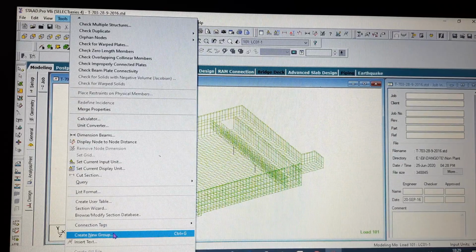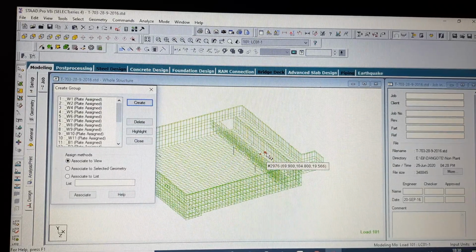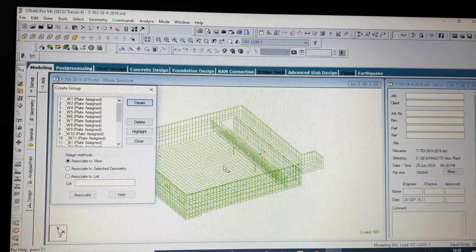Create a new group. This is a very useful functionality in case of your plate model structure, and in case of any structure. Say you have modeled some skewed or inclined members, and you want to put some loads, add some property to those members, or see the results for particularly those members. What you can do is create those members in a group, and add the loads and all those things to those members of your structure.